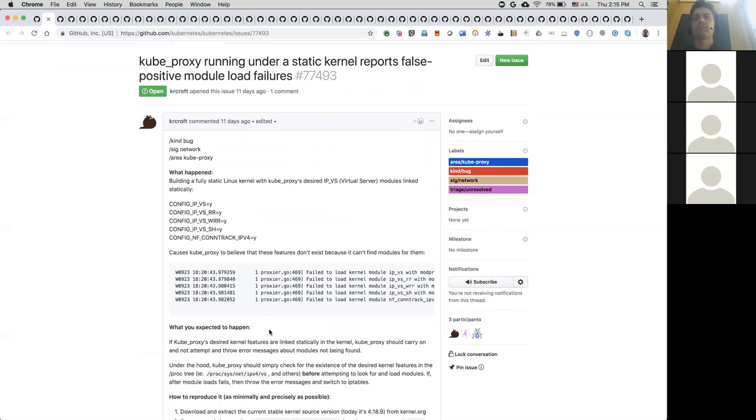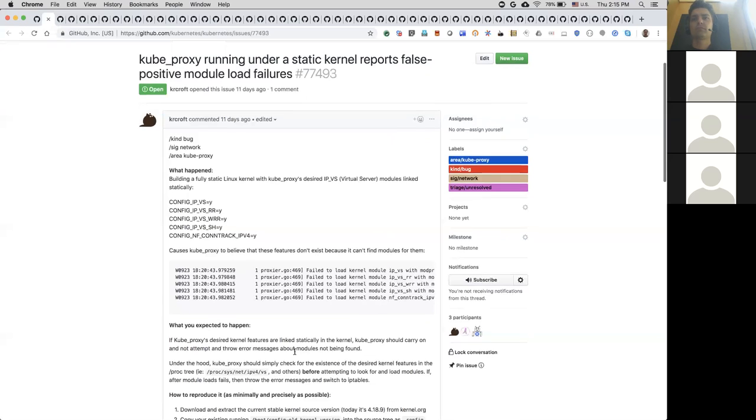I don't know that we can accurately tell whether the module's loaded or not in a static system. I guess you could do lsmod and check for it before you insert it, but that seems a little icky. It would get rid of the warnings.